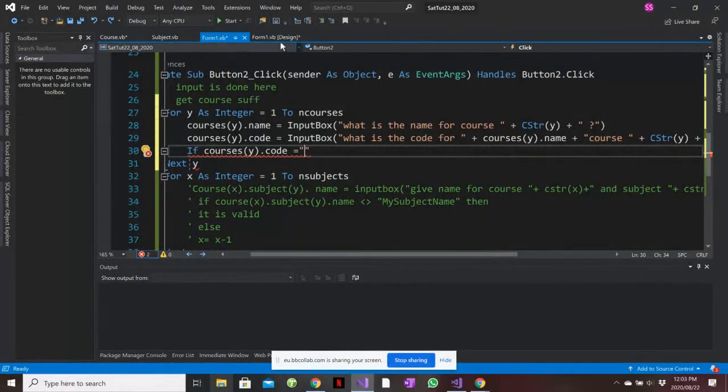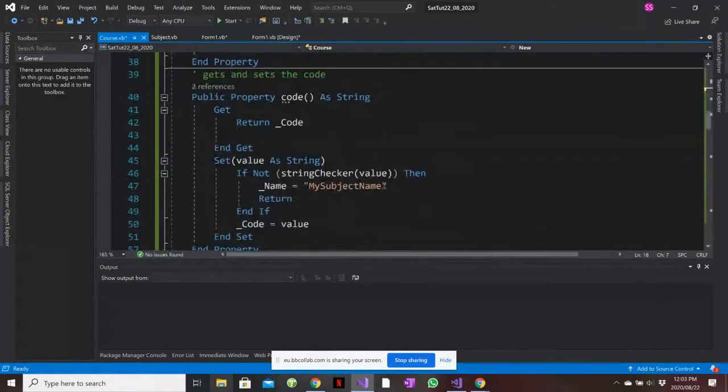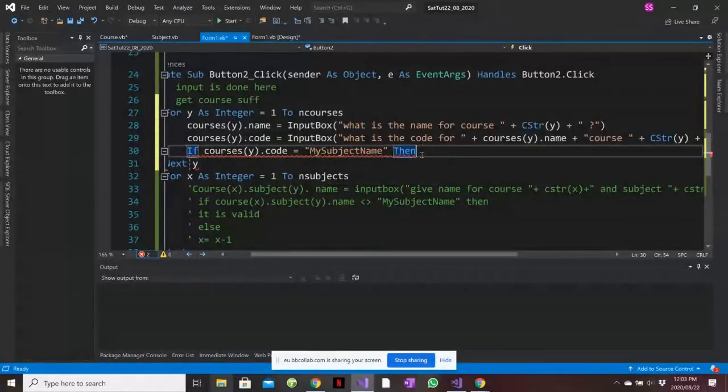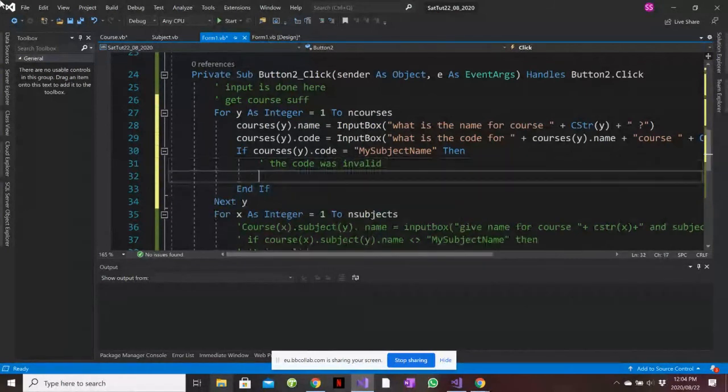Let's go check it out. In here in course, the string checker uses my subject name. I'm just going to copy that. No, that's the default string. So then code was valid. If the code is invalid, what we're going to do is we're going to say